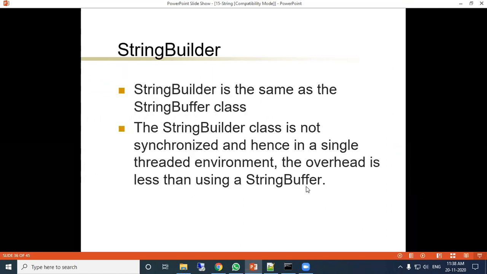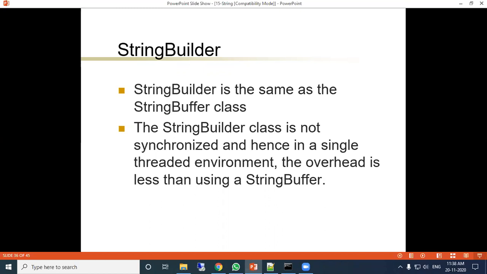Another class is string builder. String buffer class we have discussed. String builder class is equivalent to the string buffer class, only there are some little changes. String builder is the same as string buffer, but string builder is not synchronized, whereas string buffer is synchronized. Whenever you use a multi-threaded application, there you use string buffer.